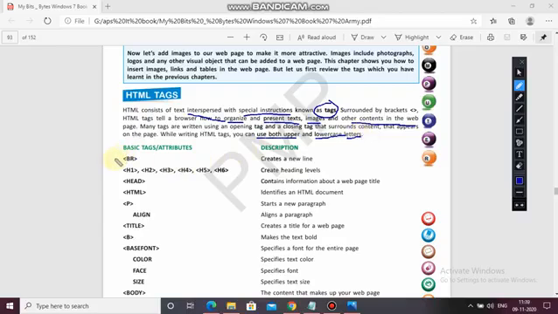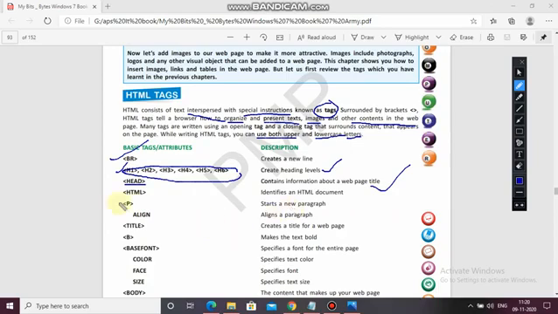So let's see, first one is BR, creates a new line, BR tag. Second, H1, H2, H3, H4, H6, these are the different levels of heading, which create a heading level. Here it is written. Now next one is head, contains information about the web page title. Whatever the title you are naming, it contains the information about the title. HTML identifies an HTML document. HTML identifies what type of document it is. Means it is an HTML document, of course.